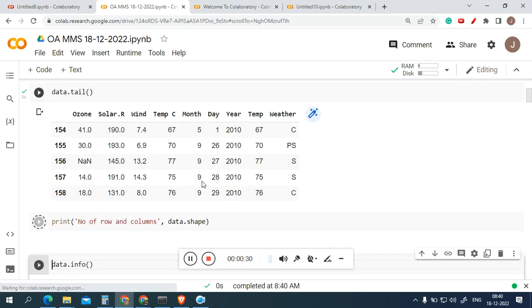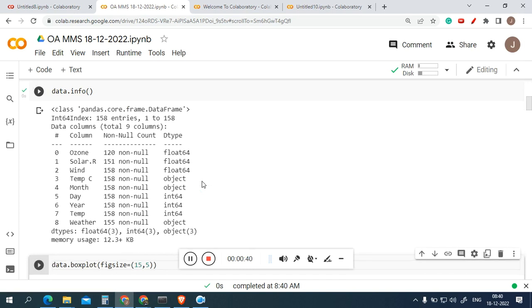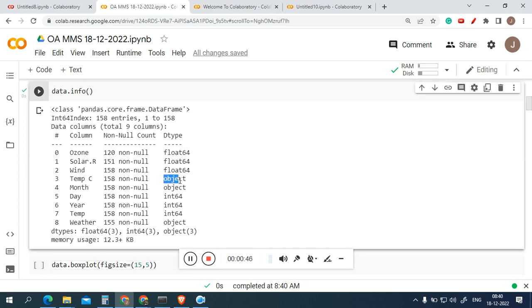Now you can see data.head, the top 5 rows, the same process. data.tail you can also see. Print means you can see how many rows and how many columns are present inside that particular data. Data information we already discussed: we need to convert this temperature, which is here in the object form, means it is a string, so we need to convert